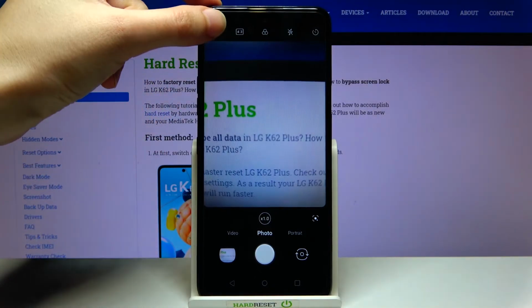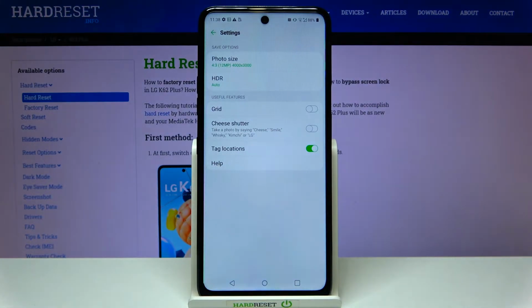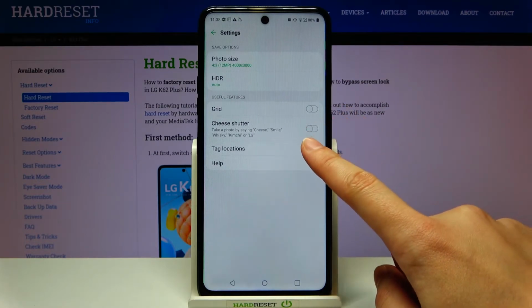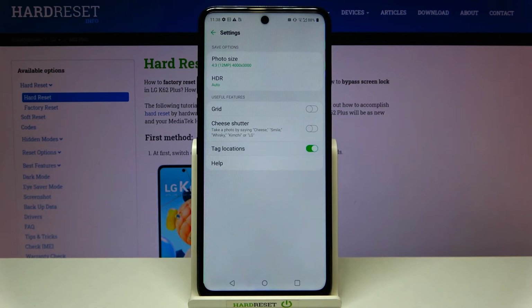When we pick this button we get access to advanced camera settings, and in the useful features category at the third position we have tag locations option, so it allows us to save the information about the place where we take a picture in the details about it. By using the button from the right we can easily turn it off or turn it on like that